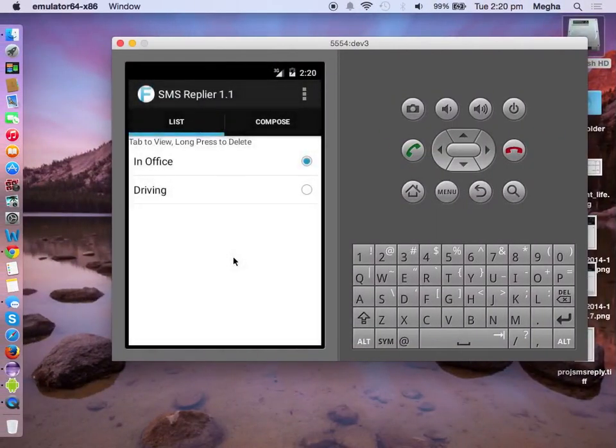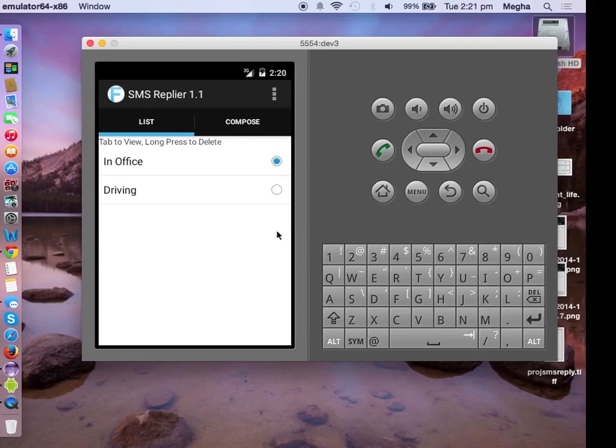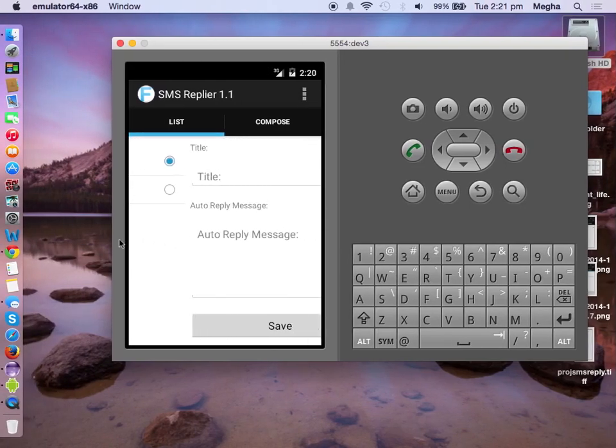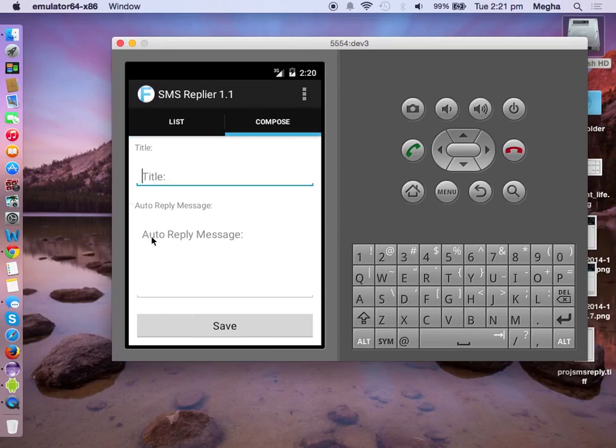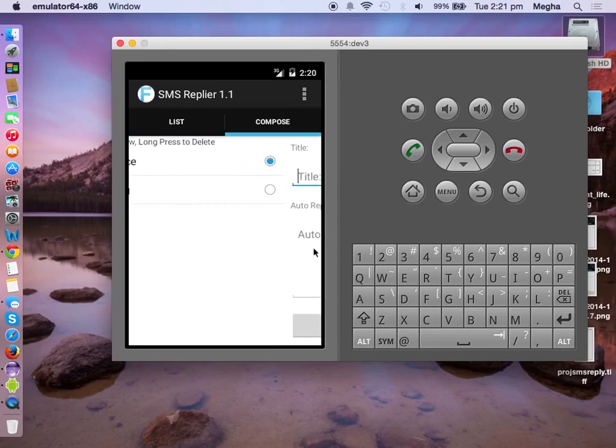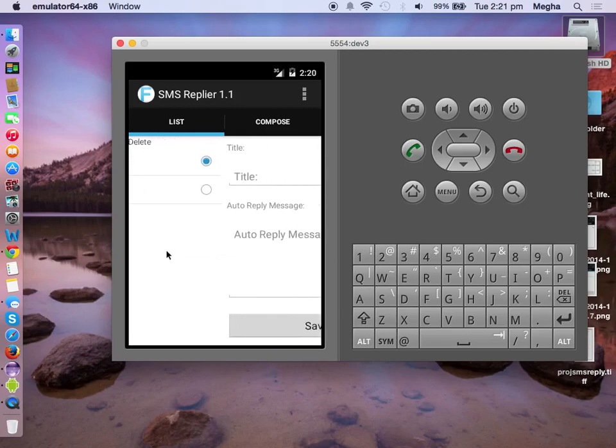So an example was looking like this. We have two tabs, list and compose. Below that there is a view pager. View pager can load various fragments in a horizontal way. So the topmost one, the one which is loaded first, is getting displayed, and another one could be seen after we swipe. And of course, the view pager has loaded both the fragments, but one is visible, another one is